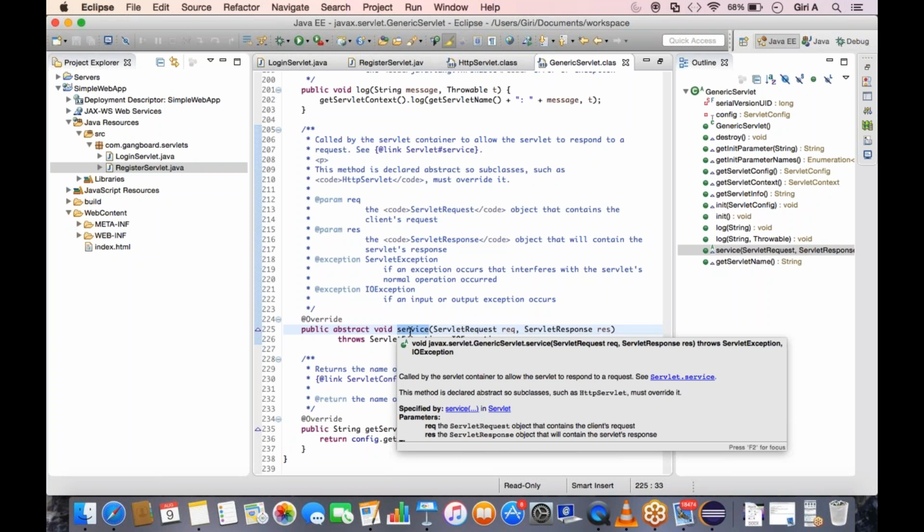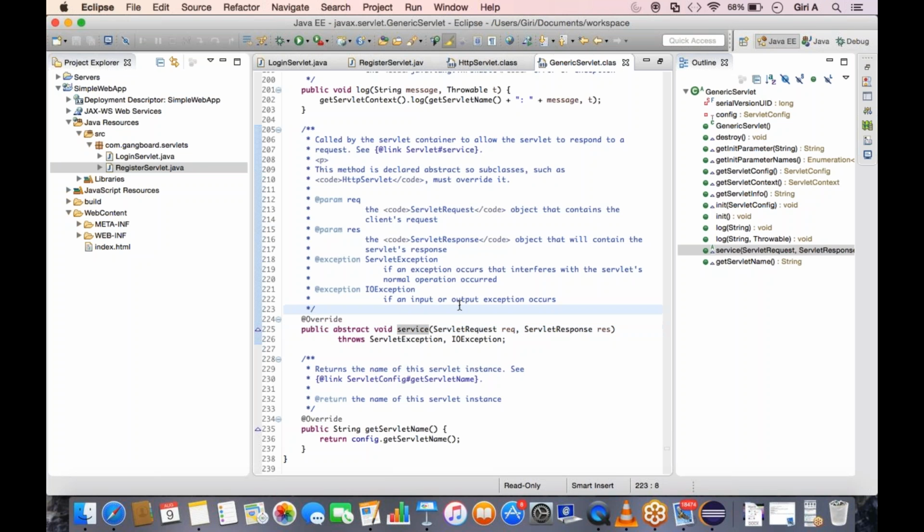It will decide what request it came in. It will call that particular method. So this is the life cycle that we saw here. We'll just go back to